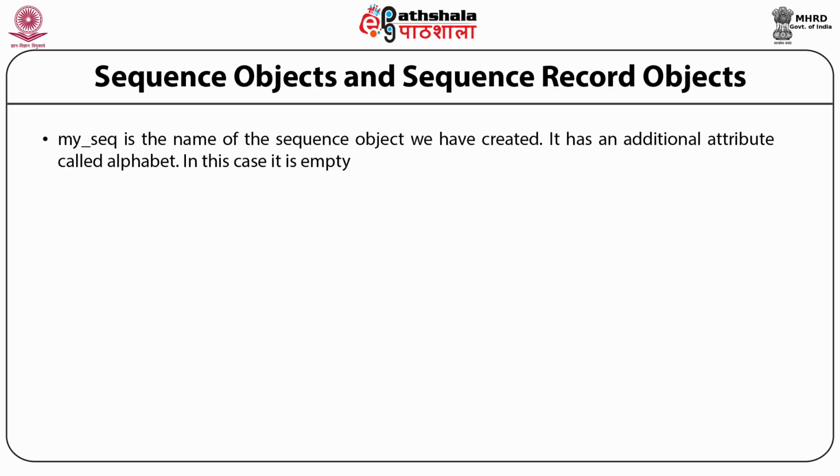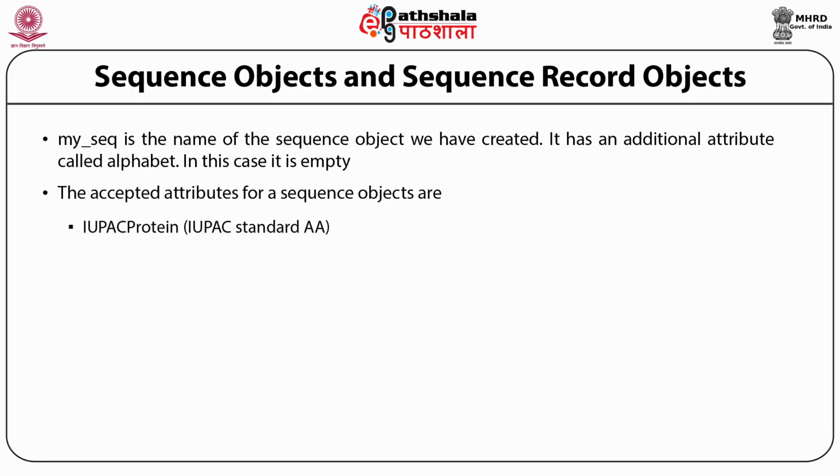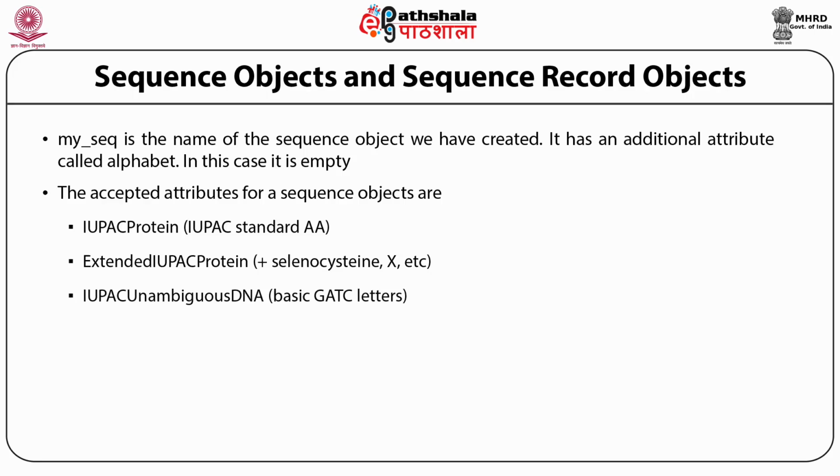MySeq is the name of the sequence object we have created already. It has an additional attribute called alphabet. In this case, it is empty. So our alphabet attribute, which we already created in MySeq, is empty, but it has an attribute which is denoted by empty braces. The accepted attributes for a sequence object are IUPAC protein, extended IUPAC protein, IUPAC unambiguous DNA, IUPAC